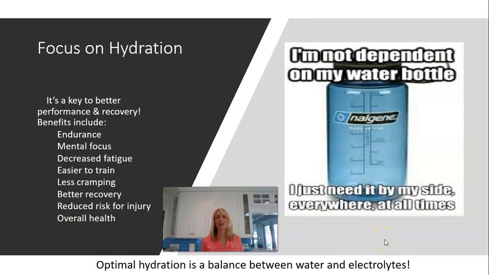All right, so everyone has been practicing good hydration this semester, because I started off on the very first day encouraging you all to start drinking more water and more fluid in general and less sugary drinks. If I were to ask you, would you like better endurance? Better mental focus? Less fatigue, decreased risk for injury, better recovery? Almost everybody would raise their hand and say, yes, I definitely would want that. Well, water and fluid intake on a schedule and maintaining good hydration, there's a lot of good research to support that it will do all those things for you.